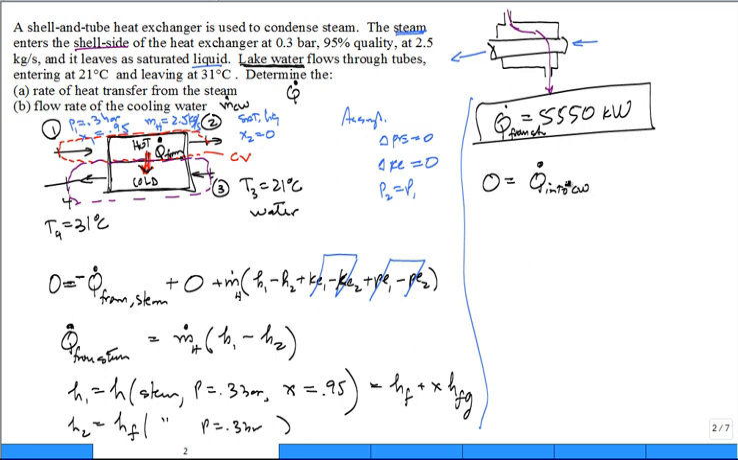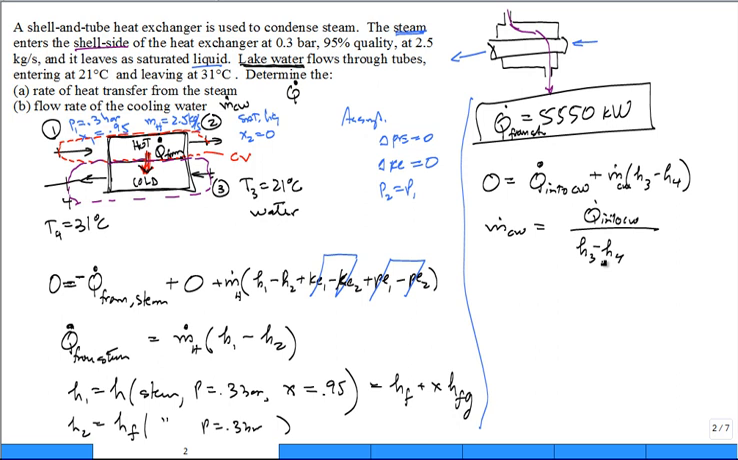or the cooling water, plus the mass flow rate. It flows in at 3, out at 4. And I'm going to neglect changes in kinetic and potential energy on the cooling water, okay? So does that look good for an energy balance? And so the mass flow rate of the cooling water is equal to the rate of heat transfer into the cooling water divided by the enthalpy change, H3 minus H4